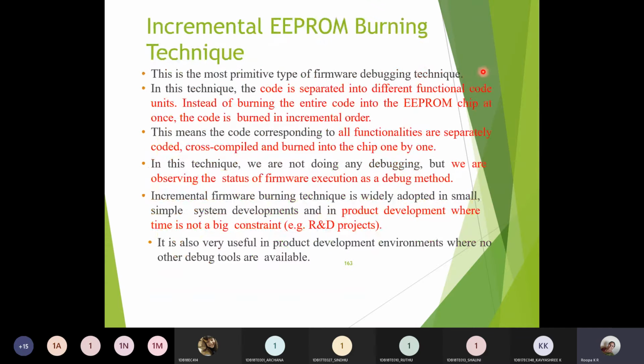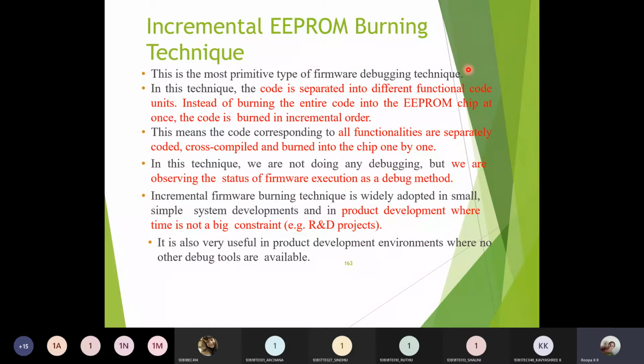Suppose you have a code. The complete code will be separated into different functions, and every function will be burned into the ROM, and the functionality of that particular function will be checked. For this input, I am getting this output; is the obtained output correct or not? Similarly, once you get the output for the given code, you dump the next part of the code.